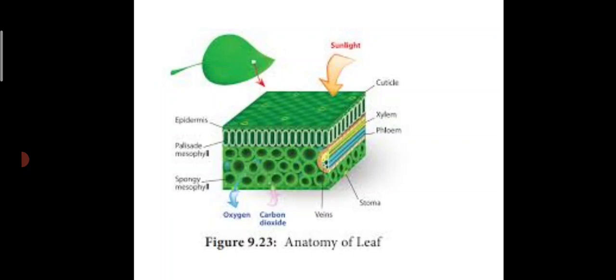Okay, so in this figure it just shows the anatomy of a leaf, and here you can see this is one side and this is the other side, and this sliced portion shows the anatomy. See, this is the upper epidermis, and towards the inside it is showing different layers, and this is the midrib or the veins. These are the conductive elements in leaves. So this is how the inner view of a leaf looks.